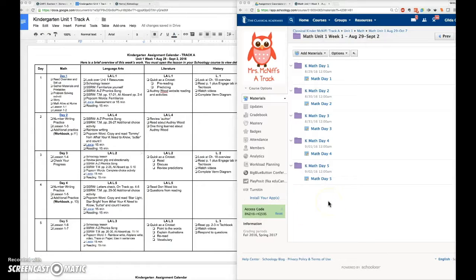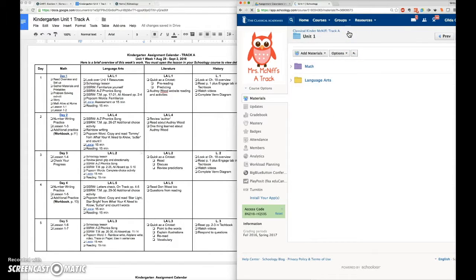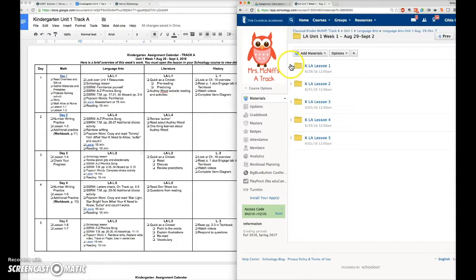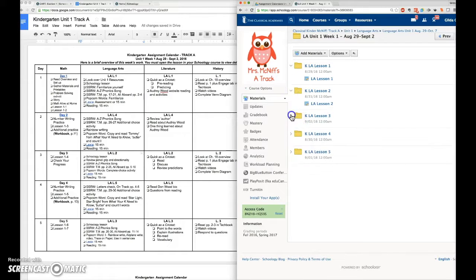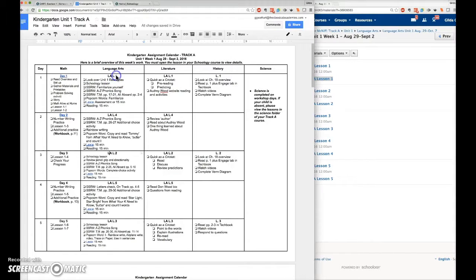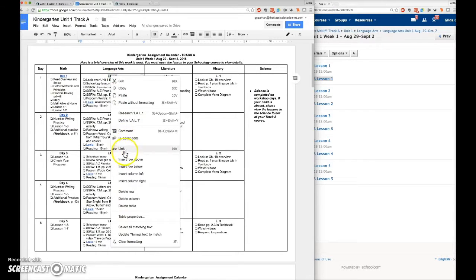To link the language arts lessons, use the breadcrumbs up here to go directly back to Unit 1. This time expand Language Arts, Unit 1, and then click directly on Week 1 to open that up. Expand the daily folders to reveal the lessons inside. Here's Language Arts Lesson 1, Copy Link Address. Back on the assignment calendar, highlight, right click, Link,